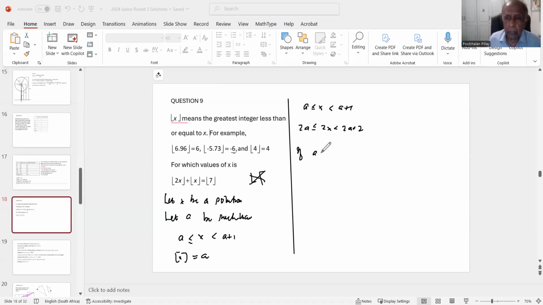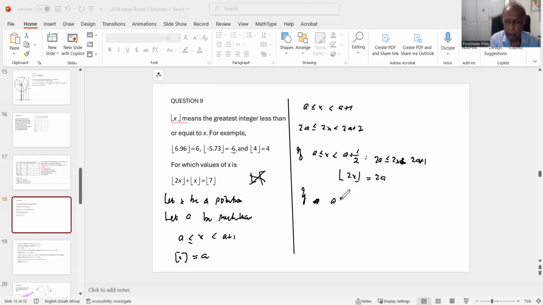If a is less than or equal to x less than a plus half, let's take a plus half, because that way I'll get 2a plus 1. Then you've got 2x, 2a is less than or equal to 2x, less than 2a plus 1. Right. So in this case, you have that the greatest integer is now 2a in this case. Right. If x,